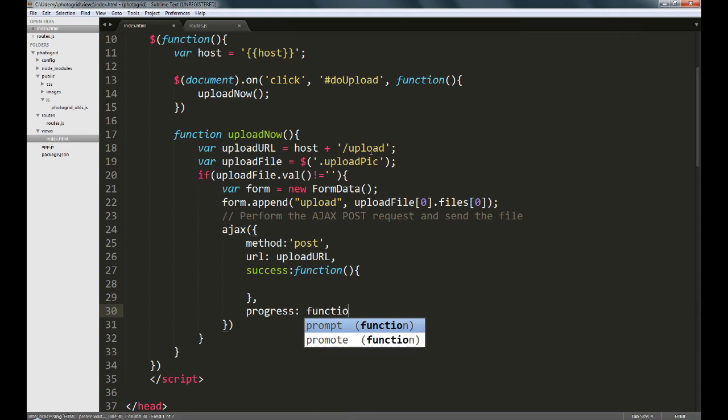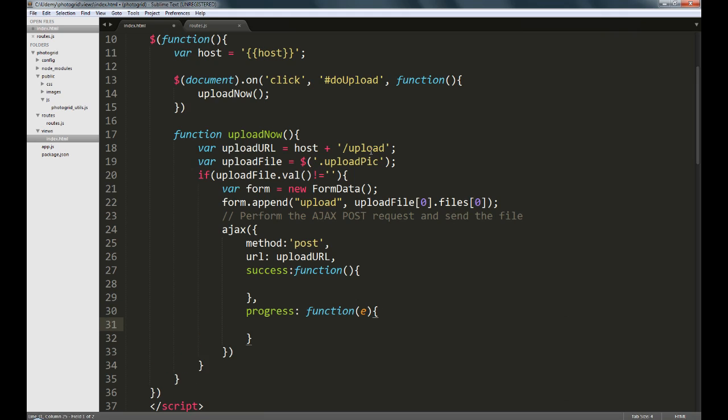And what we want to do in the progress handler is we will pass in the event object, and we will write a very simple piece of code here which says if e.lengthComputable. That is, if the server is actively providing you with the progress data, the progress report for the upload, that is, if the server is giving you data which you can use to create a progress bar,